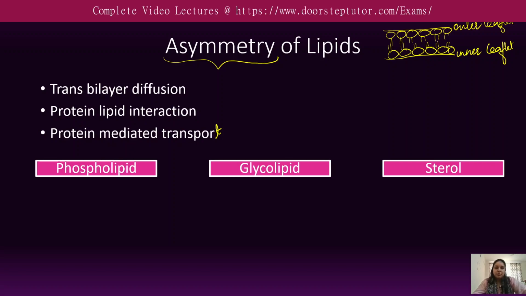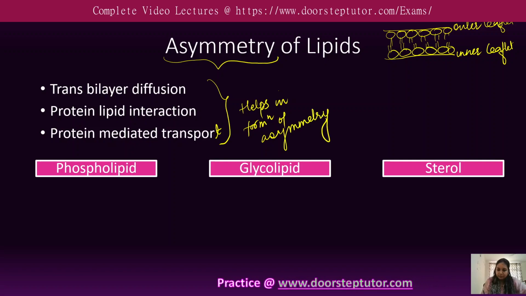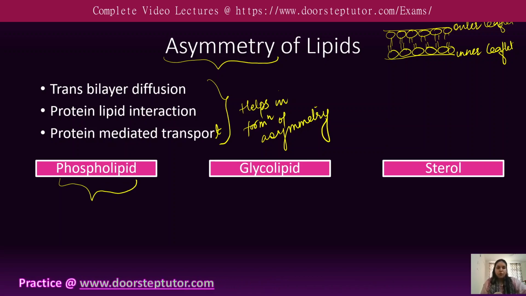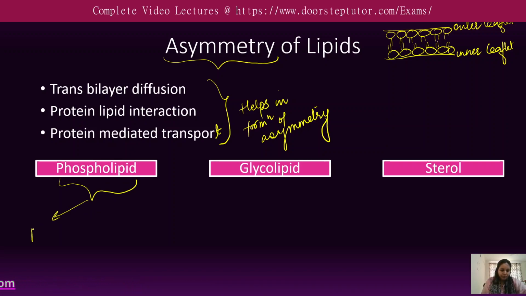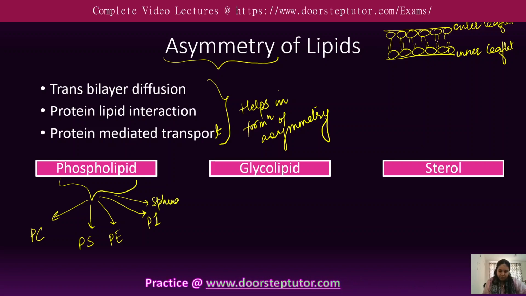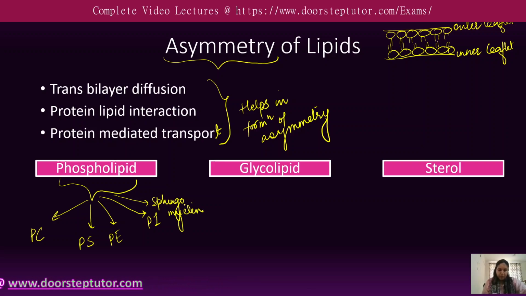Now let's see the asymmetry, meaning in what proportion or in what composition they are usually present in the lipid bilayer. Phospholipids, as we have already discussed, are of four types. Phosphatidylcholine, phosphatidylserine, phosphatidylethanolamine, phosphatidylinositol, and sphingomyelin. These are the most abundant types of phospholipid which are usually found in the plasma membrane, and out of them,